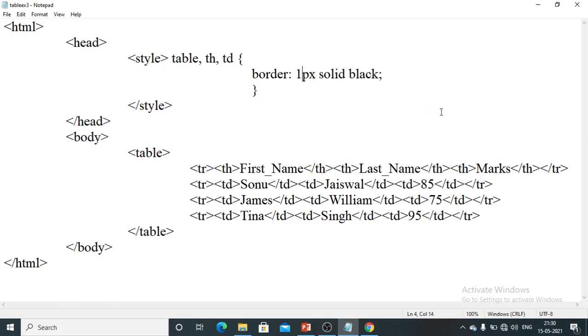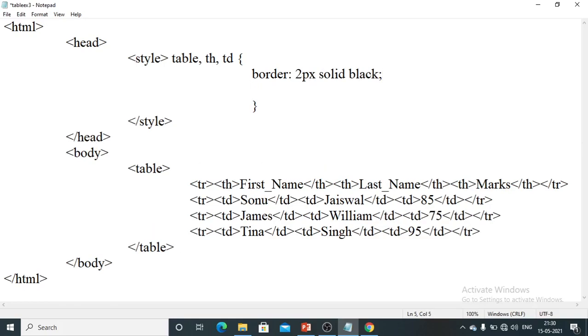So what I will do, border I will take, let me take it as 2 pixels values, and then I will write another one line of code here. Don't worry right now if you don't understand what I am doing, you will definitely come to know once we start with the CSS topic. Okay, border hyphen collapse. So I am giving the value as collapse.